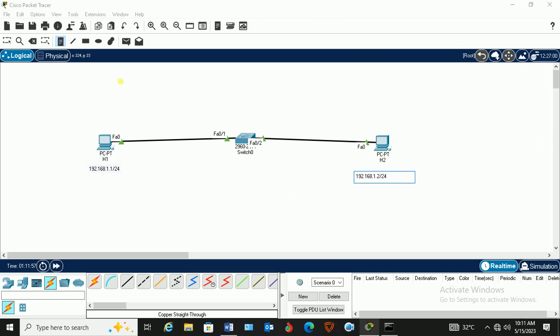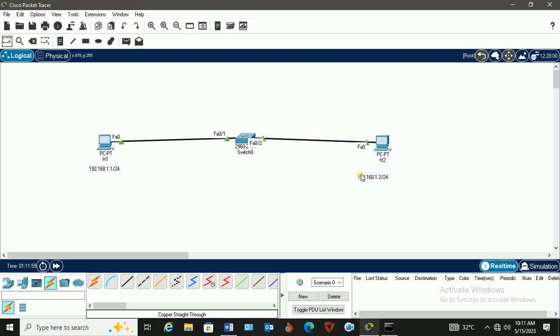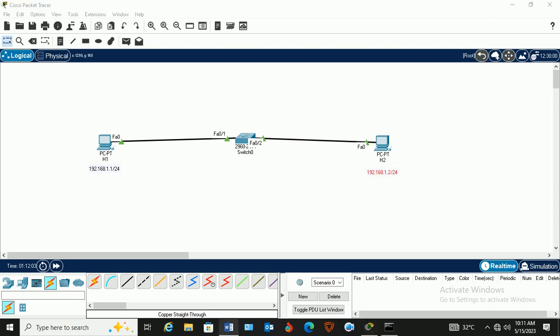192.168.1.2/24 as well. So click this one back, click this back. Then everything is okay. Now let's go straight to the switch and see something inside. But before we can go to the switch,